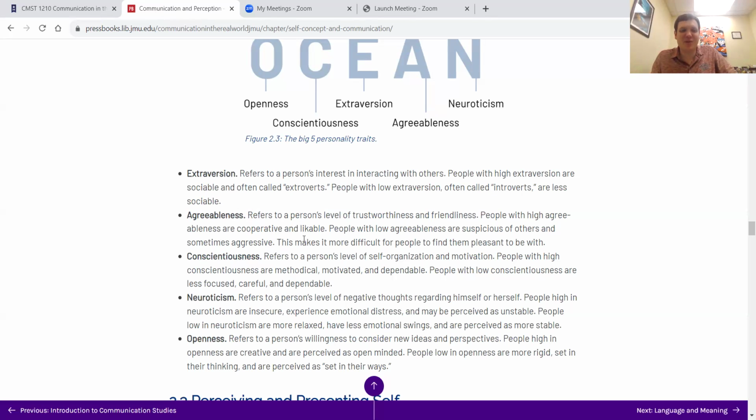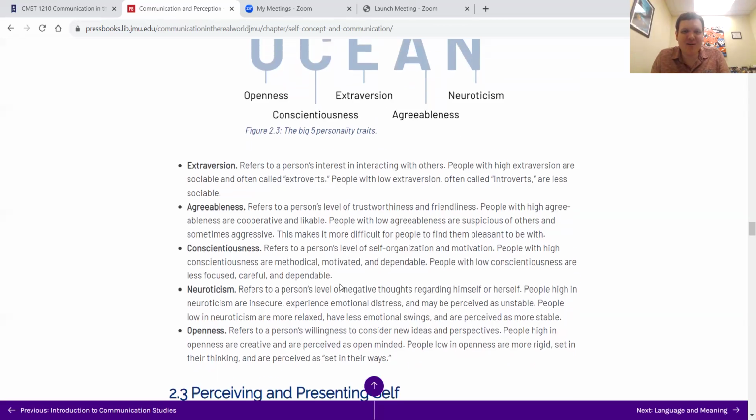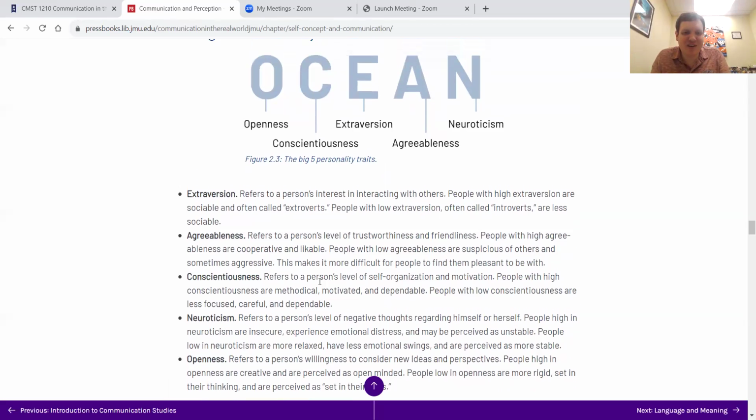Someone with low agreeableness may be more interested in having that conflict and having conversations with some tension in them. Whereas I'm like, this doesn't really matter to me that much, so I'm not going to have a fight over it. But if it is something that's important to me, I certainly can engage in that conflict in an appropriate way, right? Conflict's not necessarily a bad thing. We might get to conflict in a later chapter, but again, a little bit of a tangent there, adding more to this material. Again, that's what I think these lectures should be, not just repeating what's in the textbook, but adding to it.